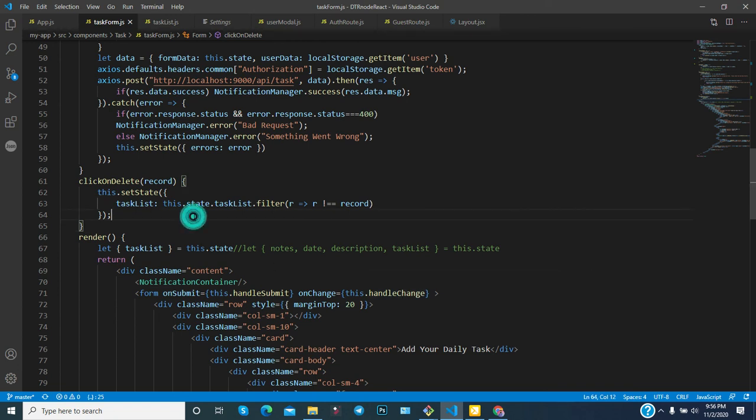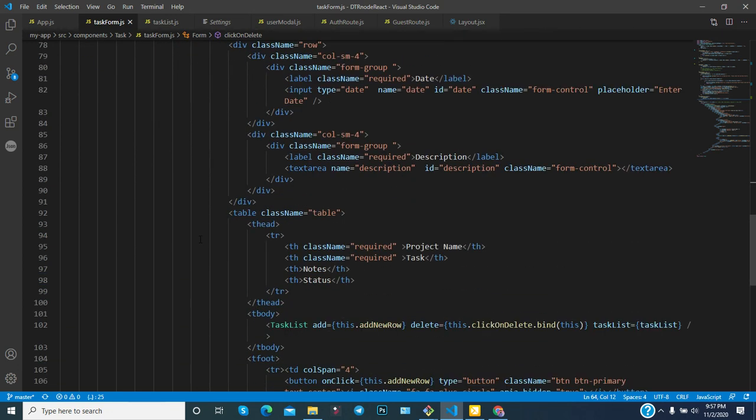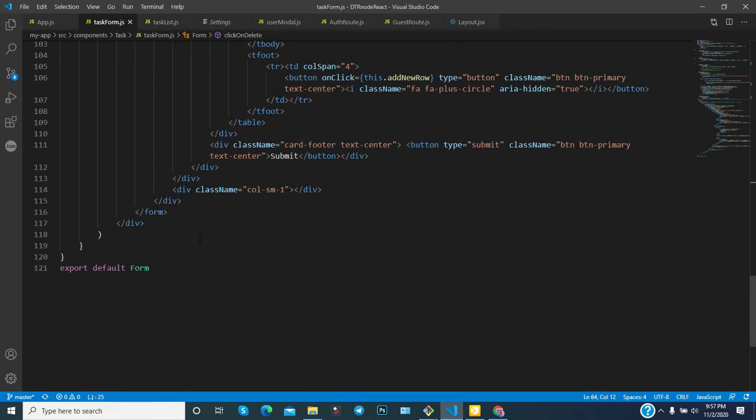So in this way you can delete that particular data, and re-rendering happens because you updated the state, you called setState, re-rendering happens, and the latest data gets rendered, with the row deleted. So in this way it is happening. It is very simple, and I hope you will understand very easily.